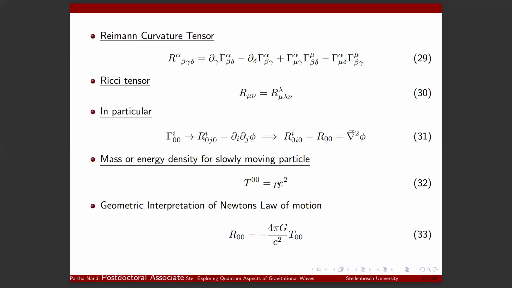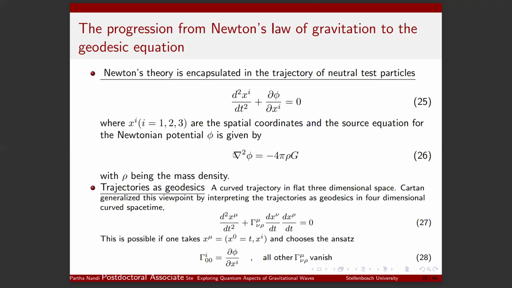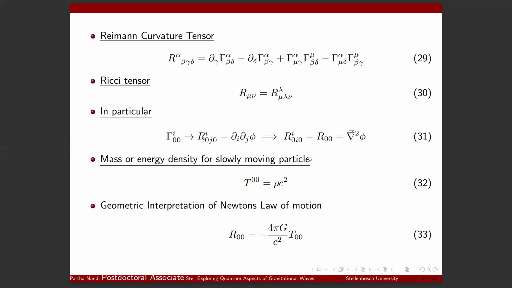Now, given Newton's law of motion, this potential expression, grad square phi equals 4 pi G rho, can be recognized in terms of this Ricci tensor and the zeroth component of the energy momentum tensor. So therefore, the point is that these give rise to the geometrical interpretation of Newtonian gravitational theory. Newtonian gravitational theory can be viewed as a geometric part of a given space-time, but still we